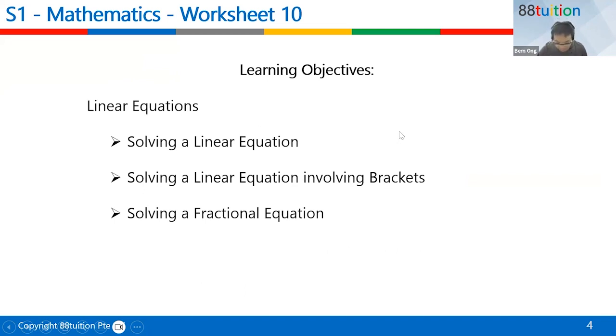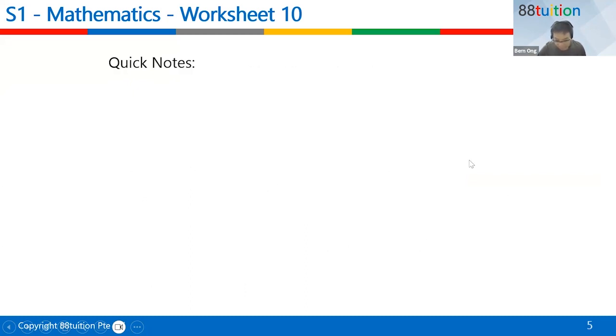Okay, anyway, today our objective is to learn something about linear equations. We are trying to do something called solving. Okay, check